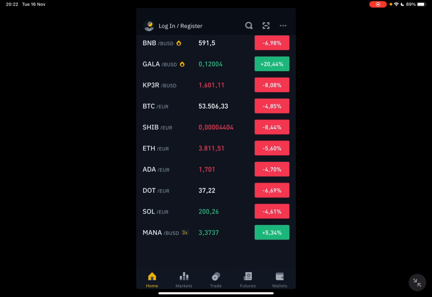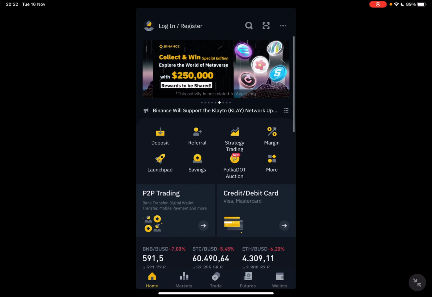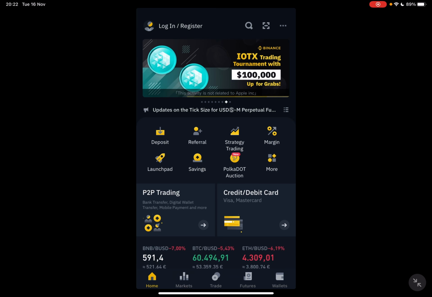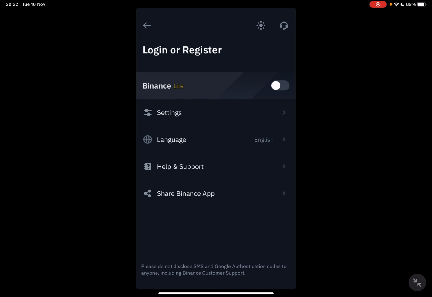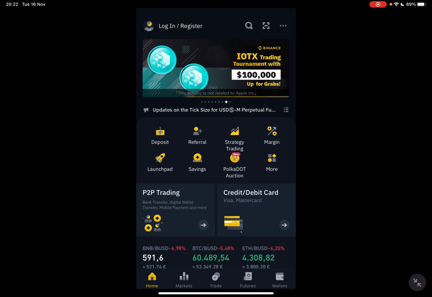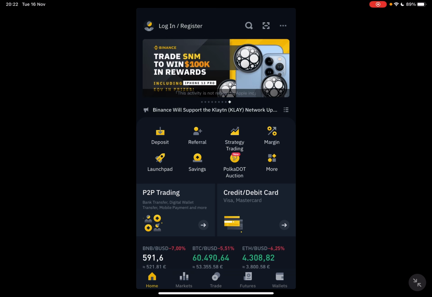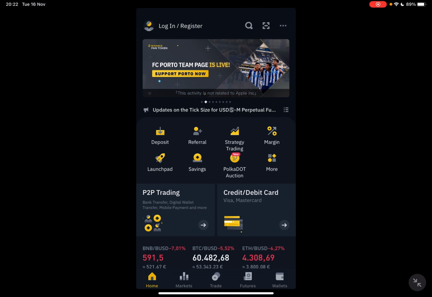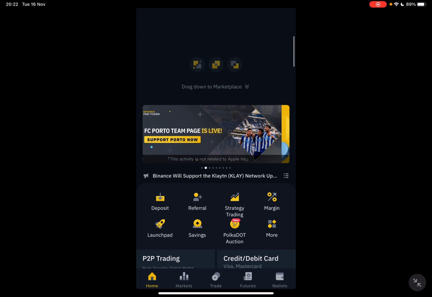So let's jump into it. First, open up the Binance app, then go and switch to Binance Pro if you didn't already. To switch to Binance Pro, you should tap on your profile image, and here at this section you will see the Binance Pro switch, and just switch to it. It's very easy, it's free, so yeah, I would recommend using it because it has a lot more features in it. So when you open up the Binance Pro homepage, you should swipe down slowly, and it's going to open